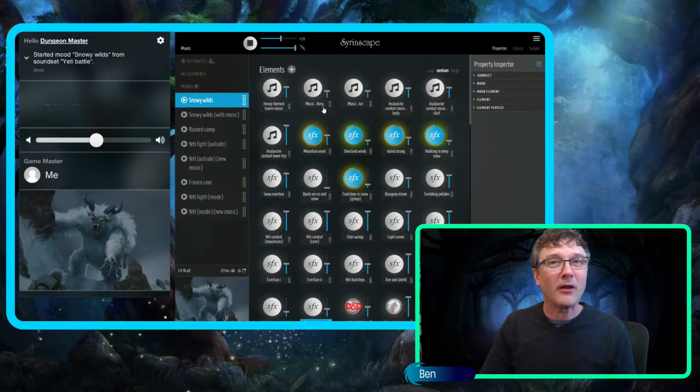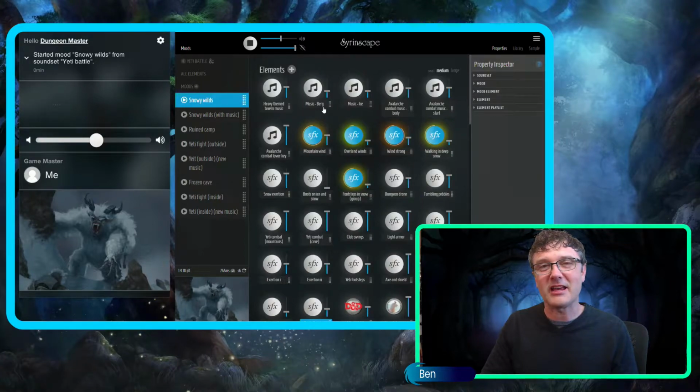Hello, I'm going to give you a bit of a behind-the-curtain sneak peek at the Yeti Battle Soundset and show you how the music is manipulated, how the samples are combined to create that never-ending, always variable soundscape that Syrinscape is so good at. So, if you just want to hear a demo of this soundset, jump around the video